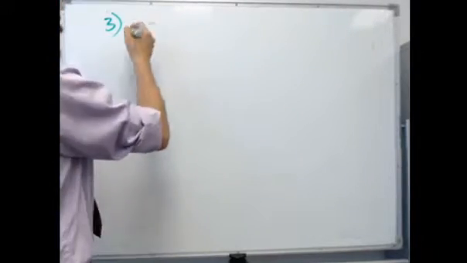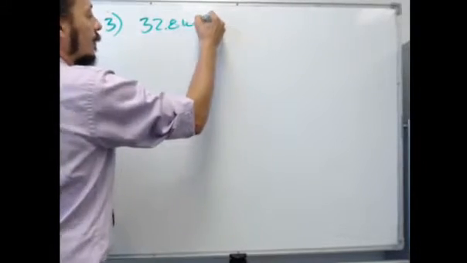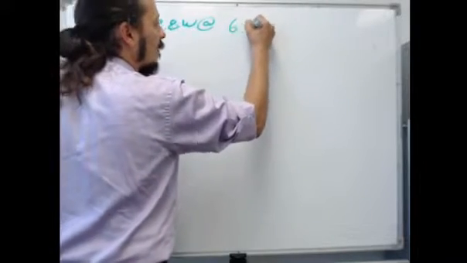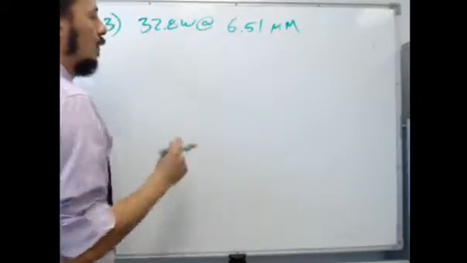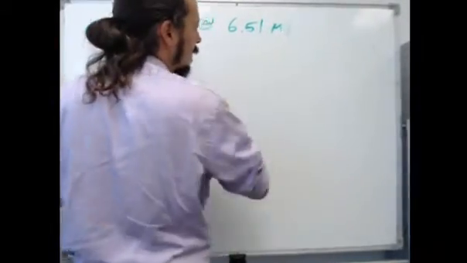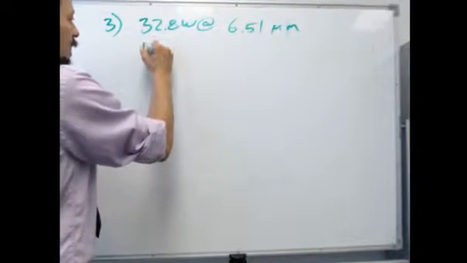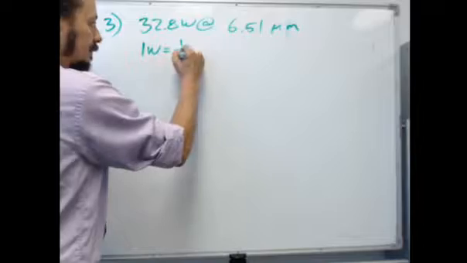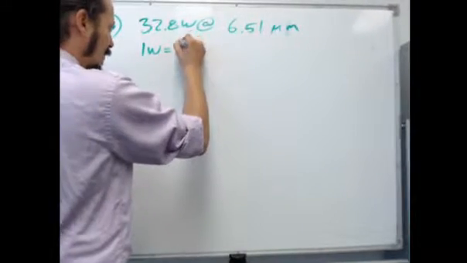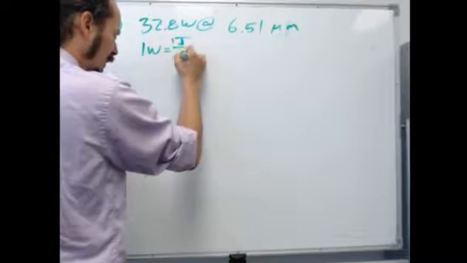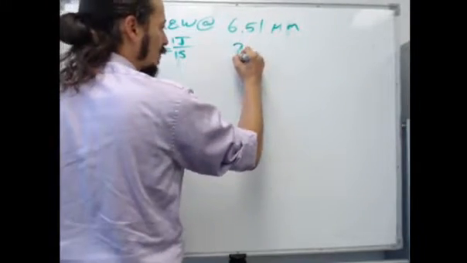Sure. Okay, so a heat lamp produces 32.8 watts of power at a wavelength of 6.51 micrometers. How many photons are emitted per second? And then they also give us that 1 watt is 1 joule per second. Oops, writing things down wrong. 1 watt equals 1 joule per 1 second. Okay. And the question we're asking